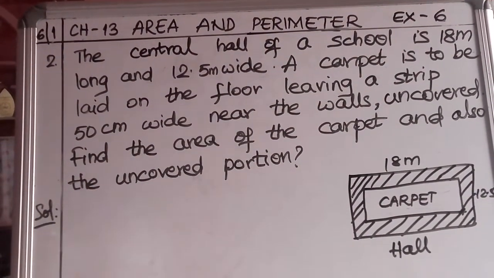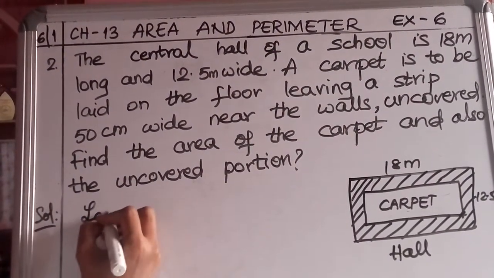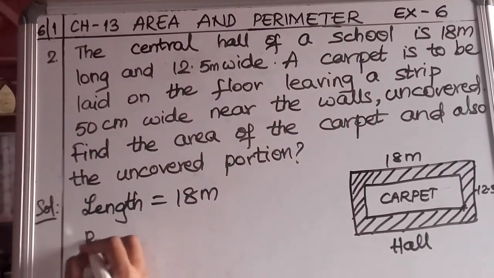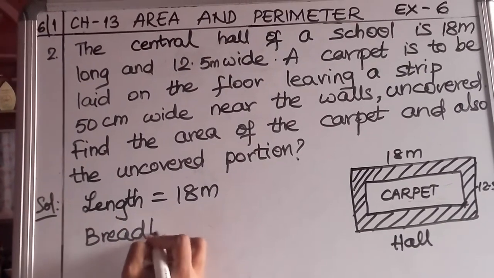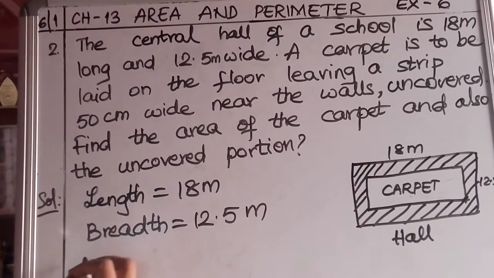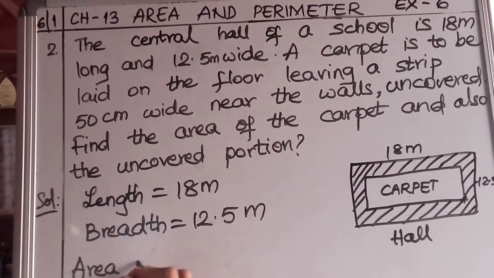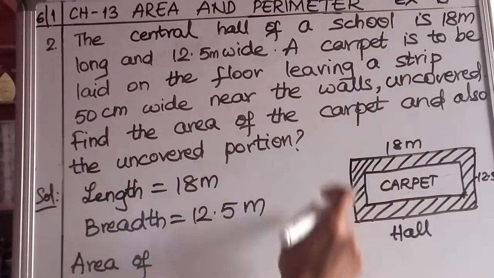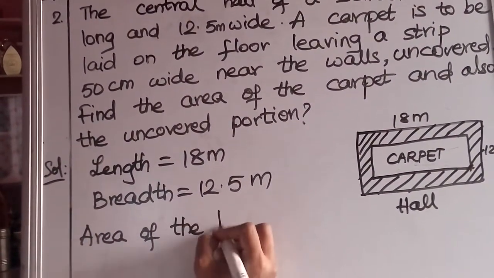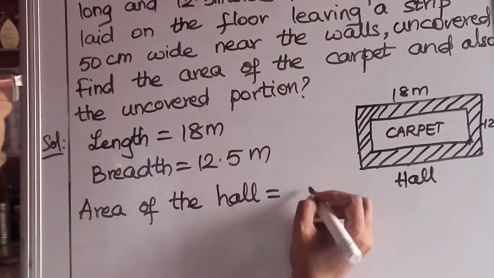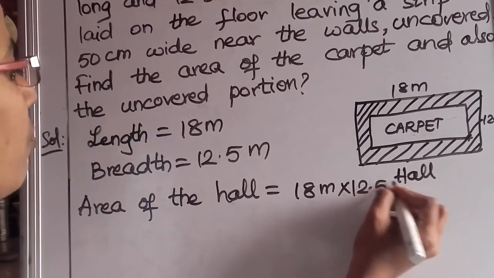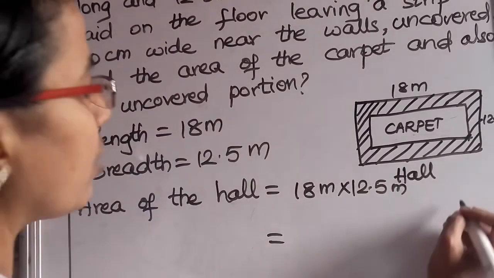So let's write what is given in the question. Length is equal to 18 meters. Breadth is equal to 12.5 meters. Now we are going to find out the area of outer rectangle or area of the hall. Area of the hall is equal to length into breadth. Length into breadth, 12.5 meters. So this is equal to